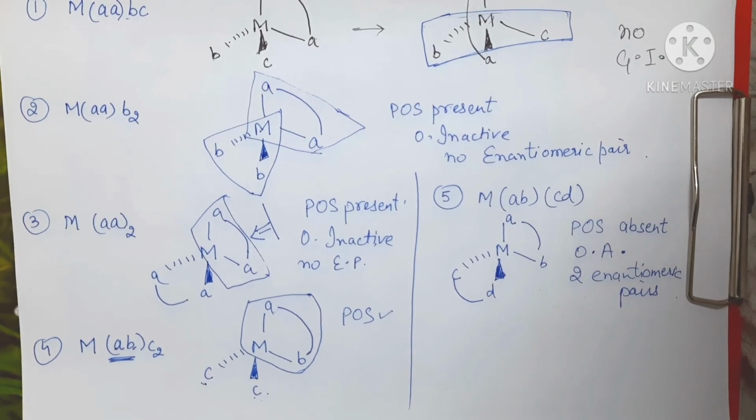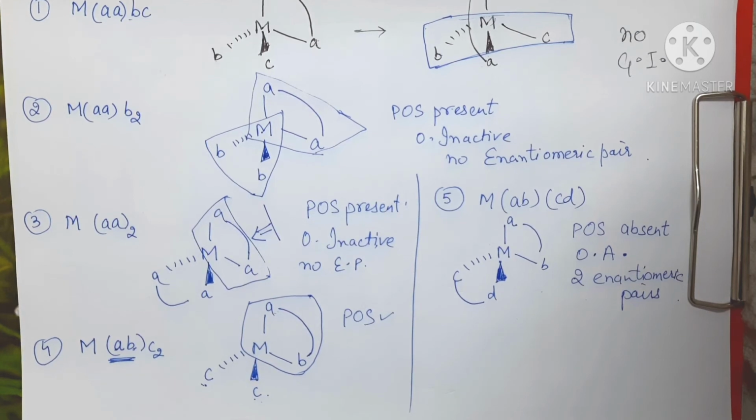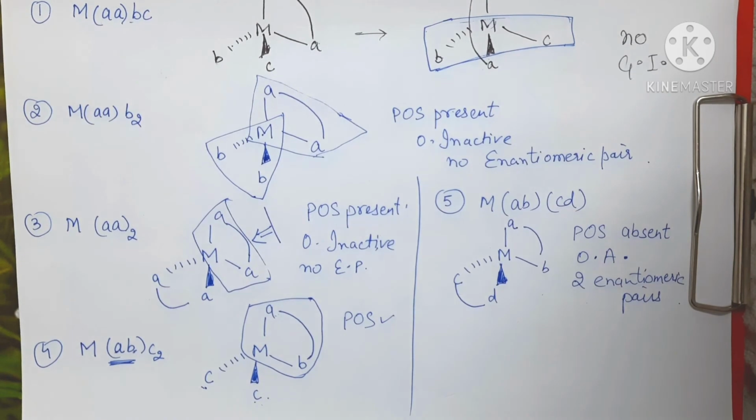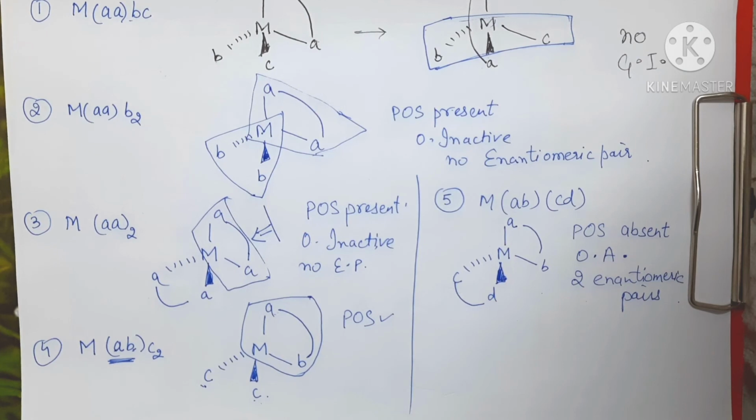So these are not having geometrical isomers, right, because there is no change in the bond angle. But if you look for optical isomerism, then how you have to look, through the plane of symmetry. If a plane of symmetry is present, the compound will be optically inactive. If a plane of symmetry is absent, the compound will be optically active. So this way you have to find out whether the compound is optically active or inactive, right? So the activity will be illustrated using the plane of symmetry, right? So I hope this part of tetrahedral complexes having bidentate ligands is clear to you guys.